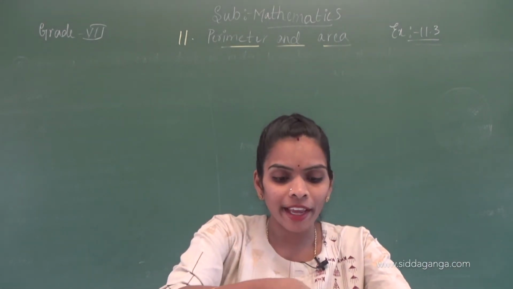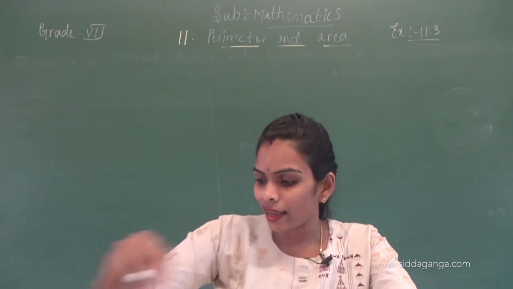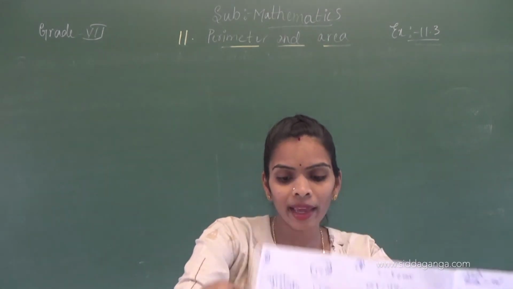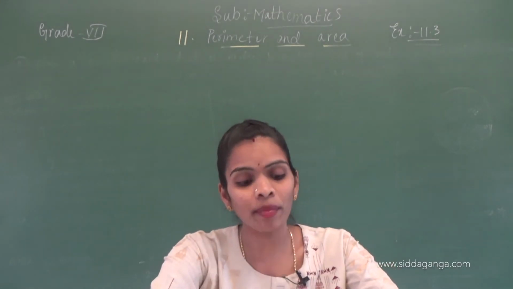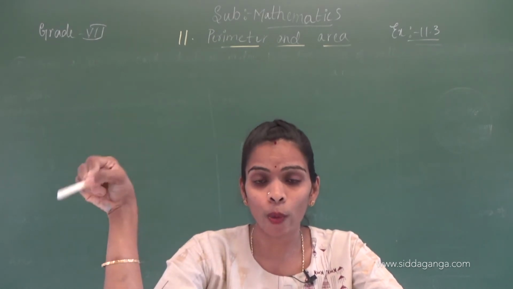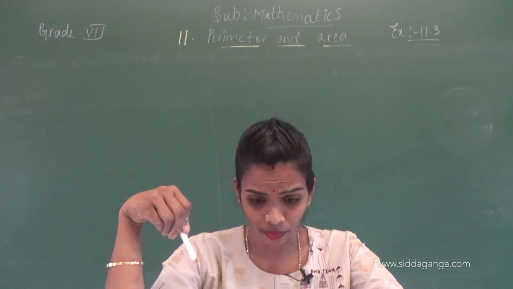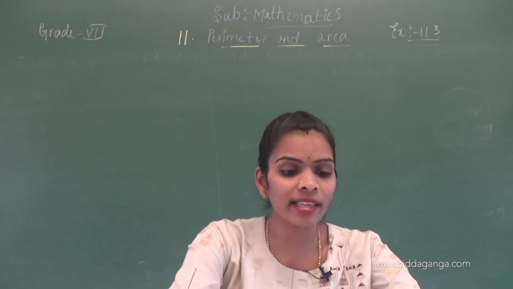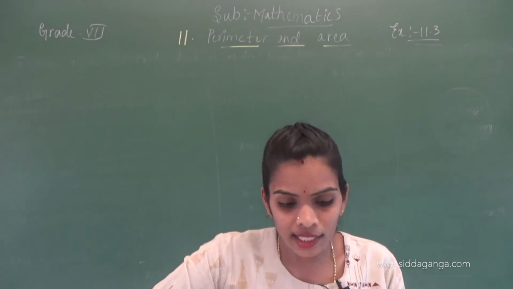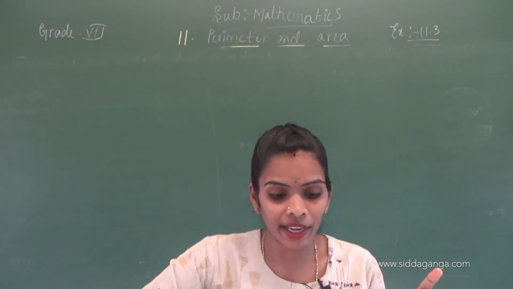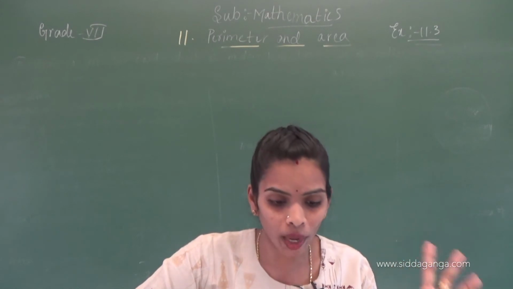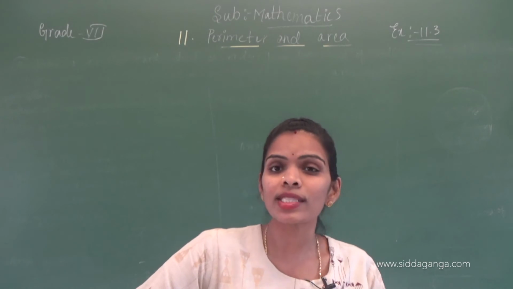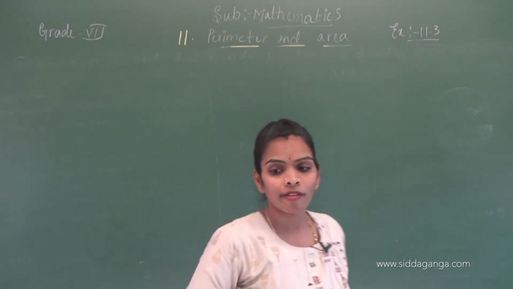A circle of radius 2 centimeters is cut out from a square piece of aluminium sheet. First, an aluminium square sheet is there, with the length of the side given as 6 centimeters. They are removing a circle portion of radius 2 centimeters from that square. What is the area of the leftover remaining part of the aluminium sheet? We have to find this.